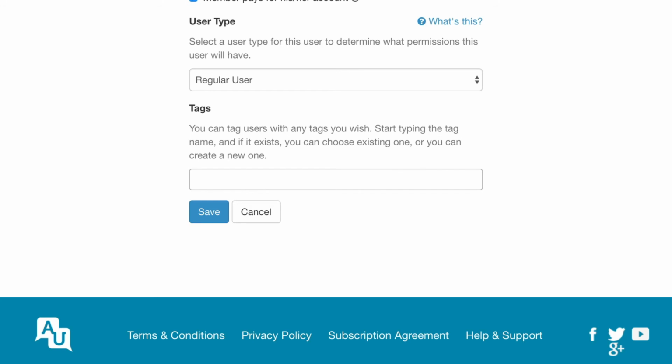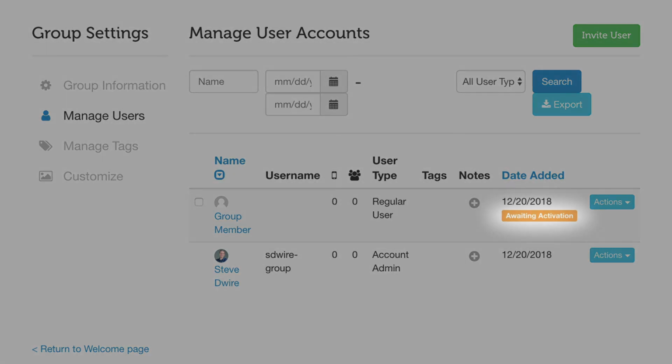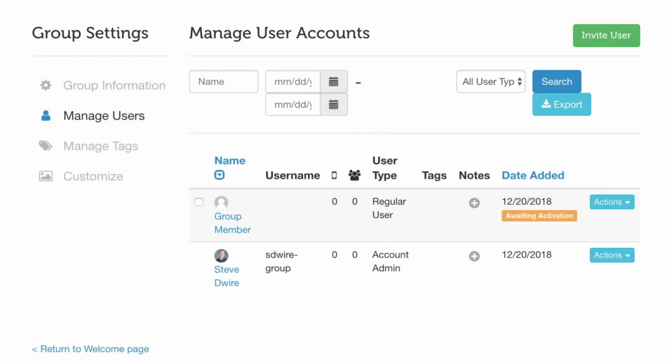You can always change these later after you figure out what labels are helpful for you. We'll leave it blank for now and click Save. Billing for new members won't start until after they accept the invitation, which you can see here is still awaiting activation. To invite more members, click Invite User to repeat the process until you've invited everyone.